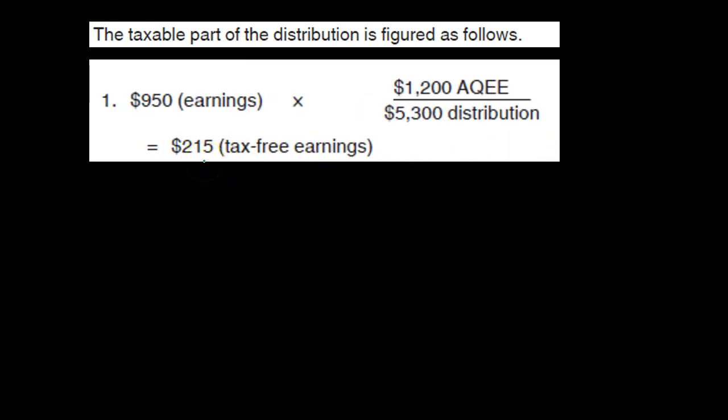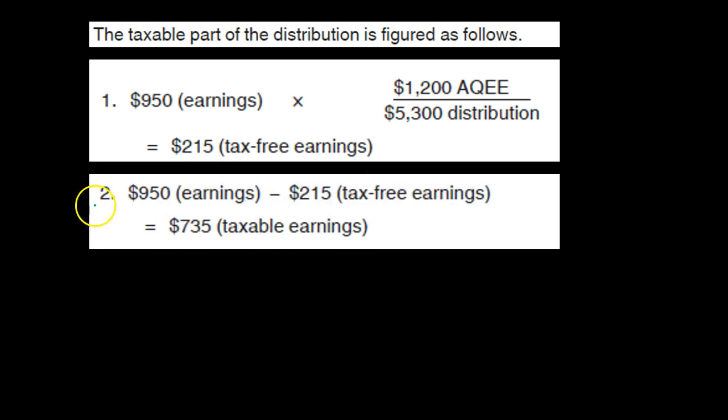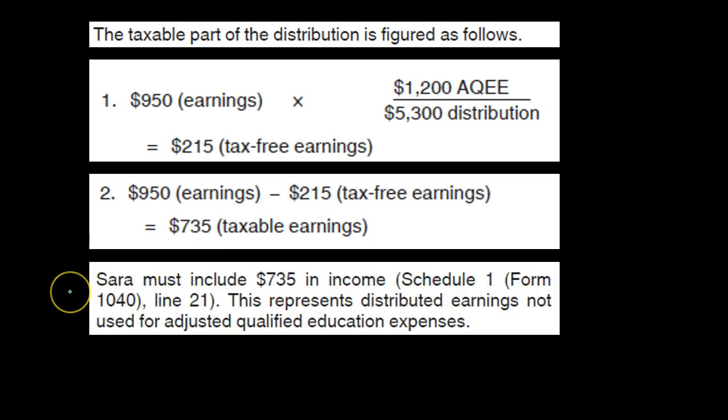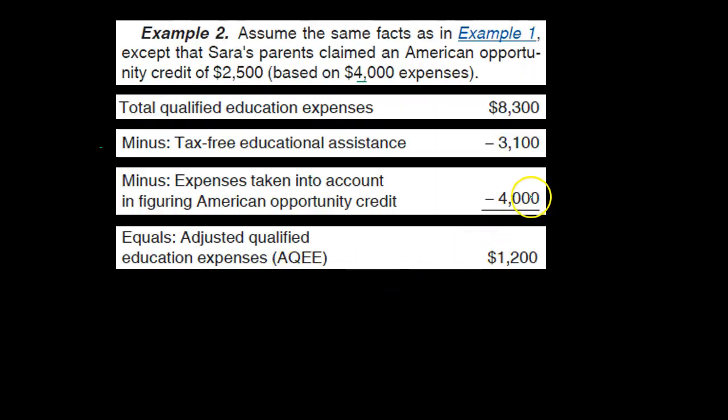That gives us a 215 tax-free earnings. And then if we take the 950 minus the 215, that means that we have 735 that are taxable earnings. So that means that Sarah must include 735 in income on Schedule 1, Form 1040, line 21. This represents distribution earnings not used for adjusted qualified education expenses, but still looking pretty good because she still got some benefit from it, and of course got a huge benefit from the American Opportunity Credit, which would be a bigger benefit than not including it in income. So we got this